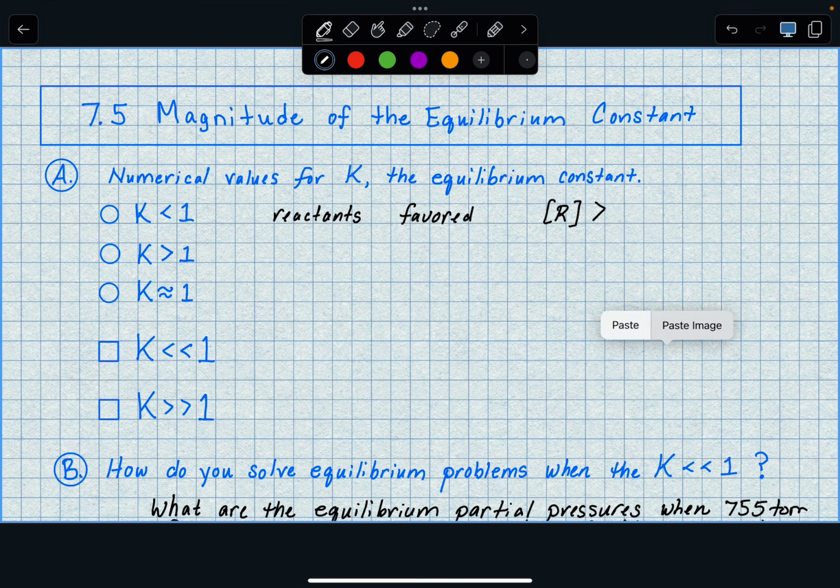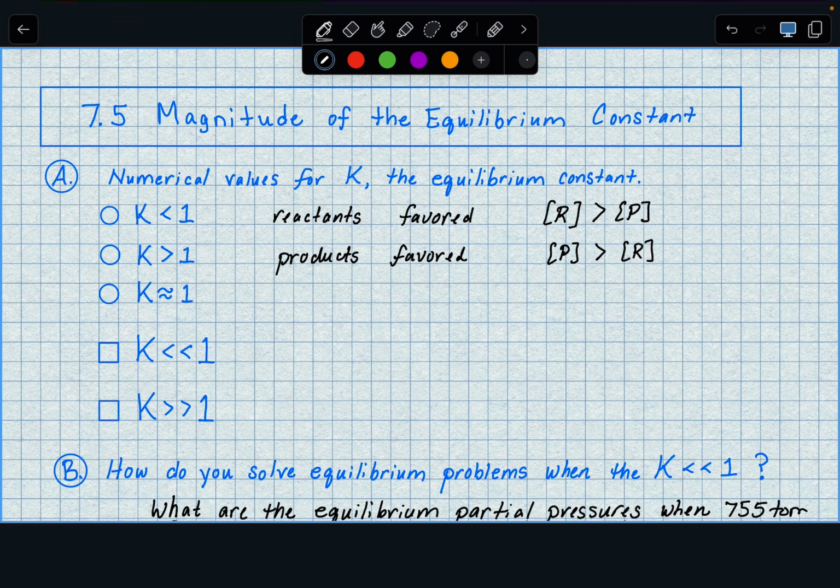And what that means is that your reactant concentration or partial pressures are greater than your product once equilibrium has been established. And then the opposite would be true. Products are favored if the K value is greater than 1. And that just means that my product concentration or partial pressures are greater than my reactant once equilibrium has been